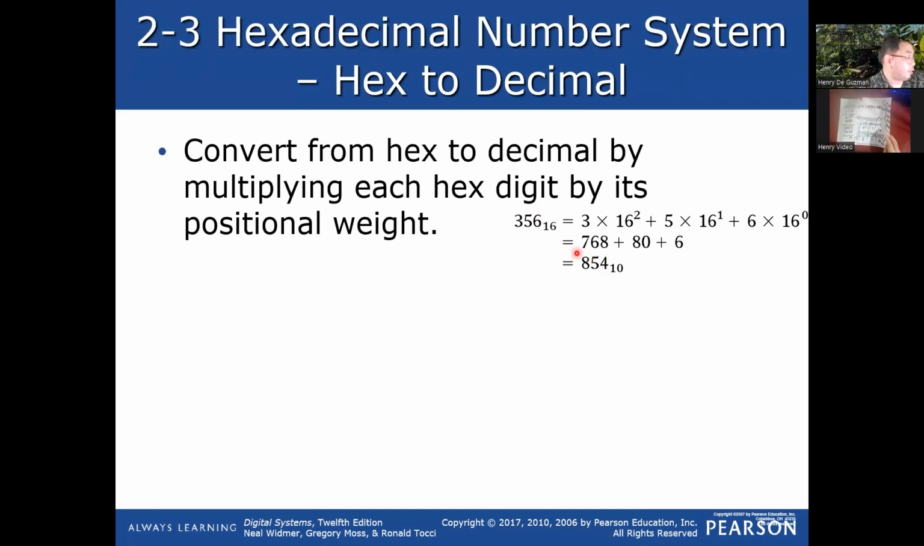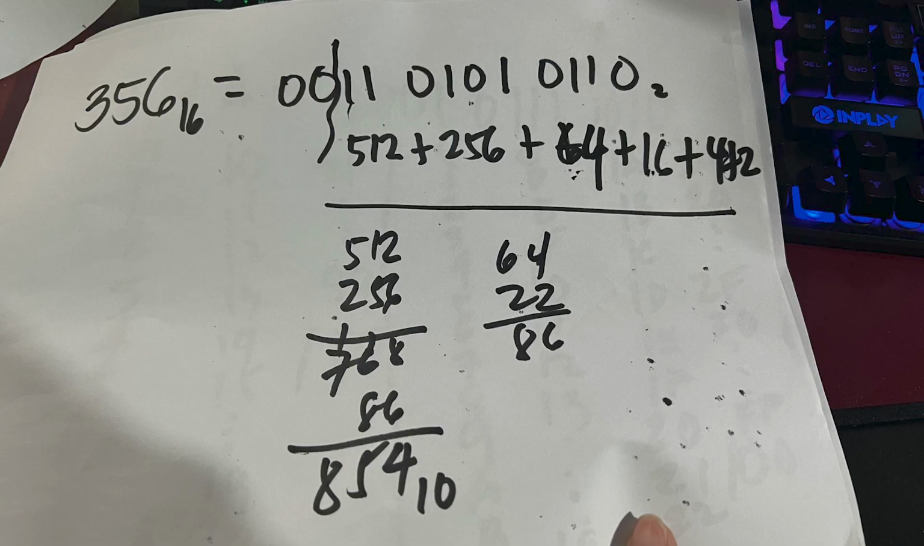Pagka ganyan, kino-convert ko muna sa binary yan. Para sa akin mas madali. Tingnan natin kung parehas ng answer. So mag-stop share ako, 16. Ayan. So ang ginagawa ko diyan para maging decimal siya. So ganito,